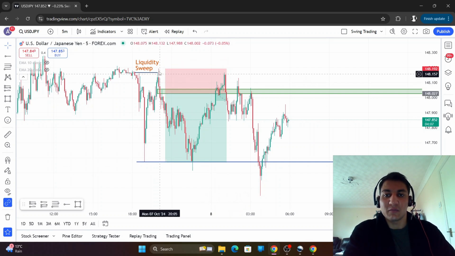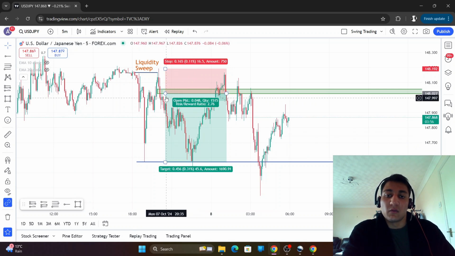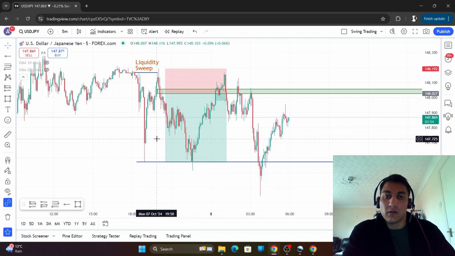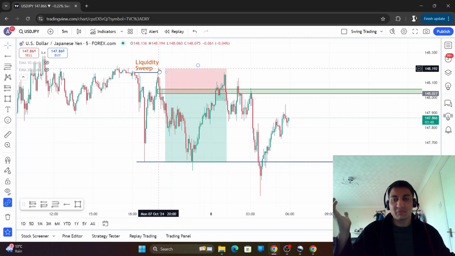Wait for a liquidity sweep before Asia, or even during Asia. Wait for a fair value gap to form between 8 till 12 a.m. Eastern. Take that fair value gap as your entry. Aim for a 2-to-1, or if you really want to, you can aim for the key high or low. Always put your stop at the liquidity sweep, and happy trading, guys. That's as simple as I can make it.